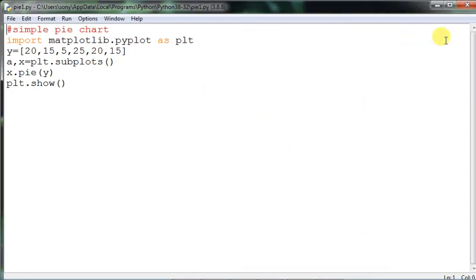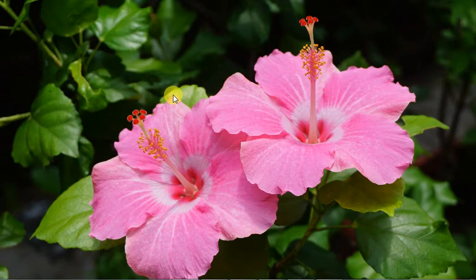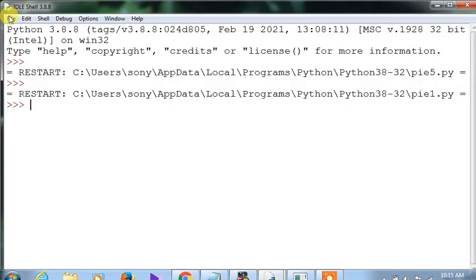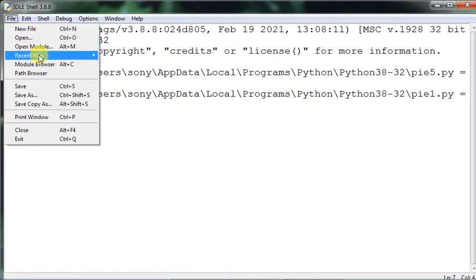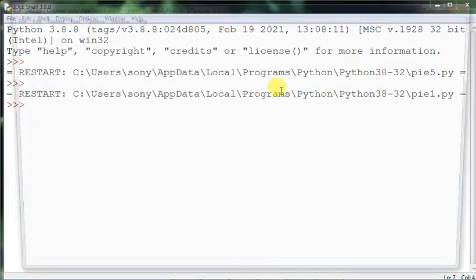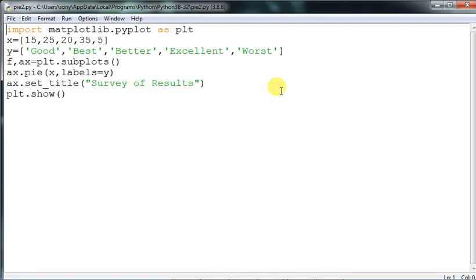So let us see another program. This is a bit modified version of the one above, py2. I am opening this file for you here. See the survey results. Usually, whenever you purchase something and need to send feedback, you are actually sending whether you are happy, unhappy, like it, do not like it, disagree, agree, like that.